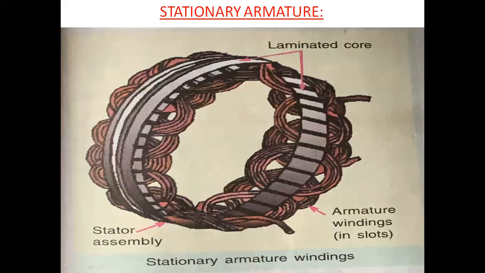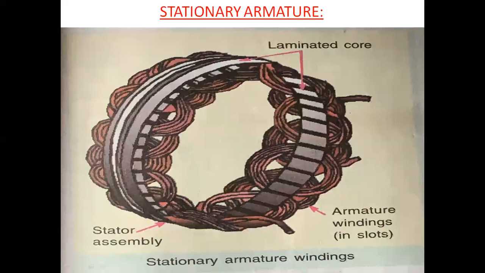But here, as the armature is constant, it is possible to lead the current directly from the fixed terminals without brushes. In DC generators, the armature terminals are rotating, so they are not fixed, and there is no possibility of current transfer without brushes. Now in this case, we are taking fixed terminals of the stator, so we can lead the current directly to the load circuit without passing through brush contacts. This is the first important advantage.